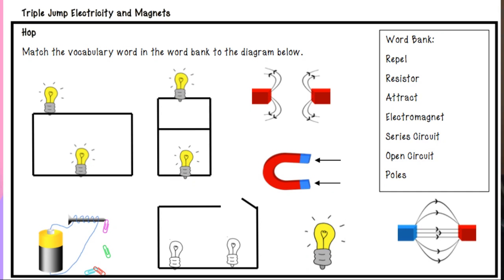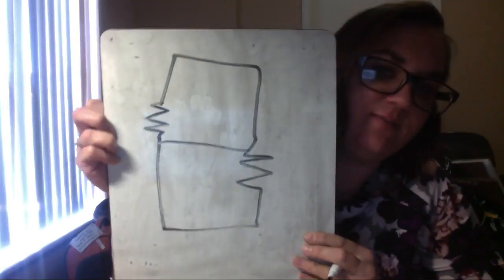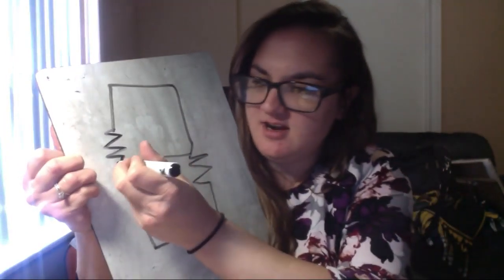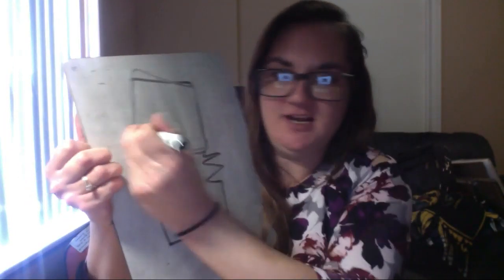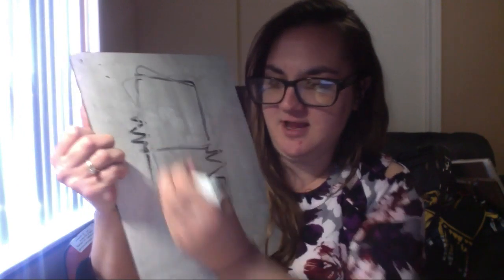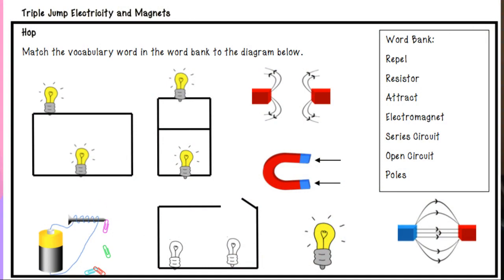The circuit to the right shows 2 light bulbs, but there's a line in between my 2 light bulbs. I know this isn't an exact image, but we get the idea. From here, I have many different paths, right? I could go that way. I could go this way. I could go this way. So when I have many different paths, that is parallel. So number 1 is series.